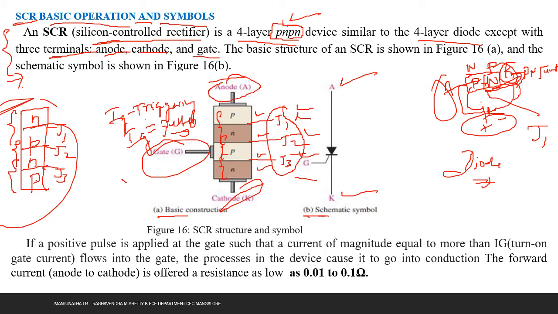So what is the basic meaning of triggering? It is going to start, it is going to initiate something. So here we are going to initiate this SCR PN junction with a certain value of the gate current. That certain value of the gate current we say is a triggering pulse, or a triggering current, or a gate current.